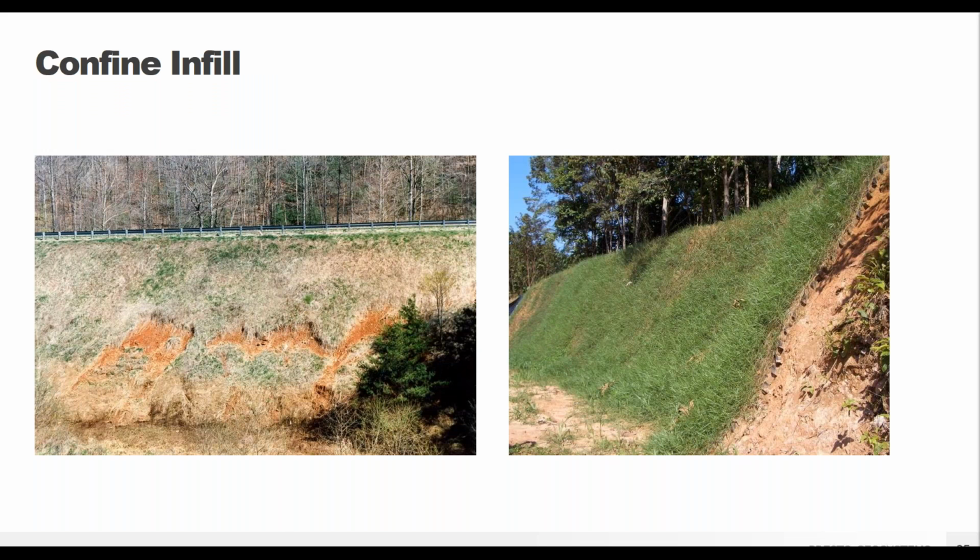And so it is important to note that the proper installation of the GeoWeb system includes embedding the GeoWeb panels into the crest of the slope, where I mentioned in that diagram there's that deadman anchor. And so by doing this, you're preventing water from flowing beneath the GeoWeb panels and undermining the system. And so the system does provide a way to either fully vegetate a slope, or you could even have stone or that concrete on the slope as well.